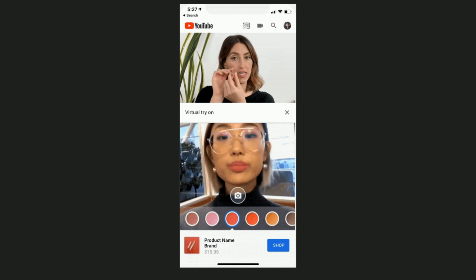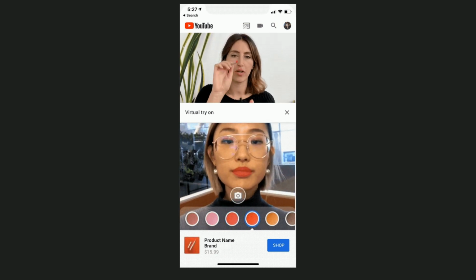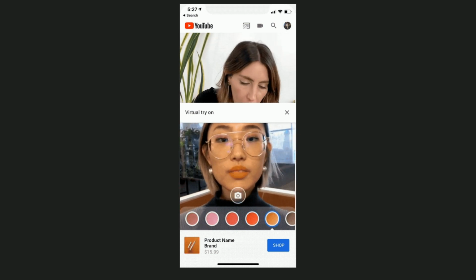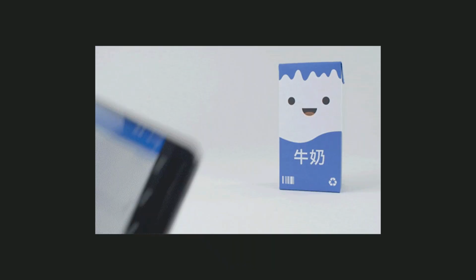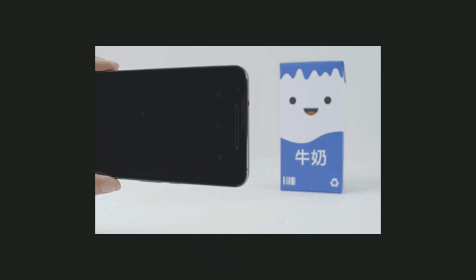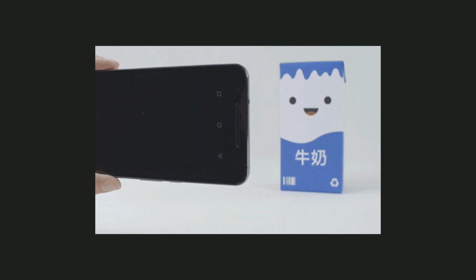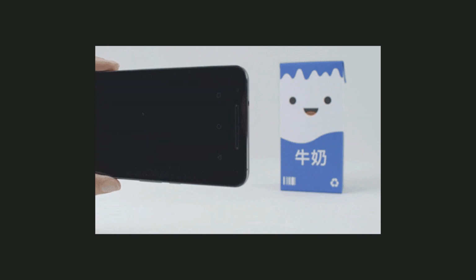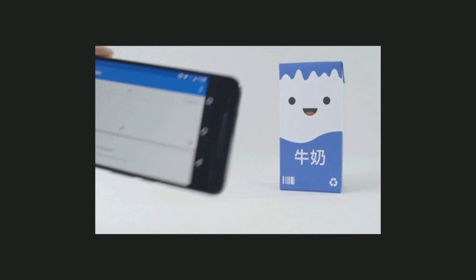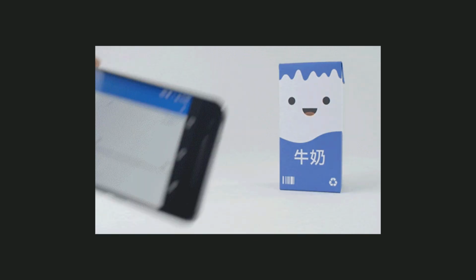Here is the first example where you can try out various cosmetics using AR on YouTube. All of this is implemented using TF Lite models. Let's move on to the next example, which is the popular Google Translate example. Google Translate has a feature that allows you to capture text with your phone camera and translate them in real time without any internet connection. So the models that are deployed in your device are essentially TF Lite models.